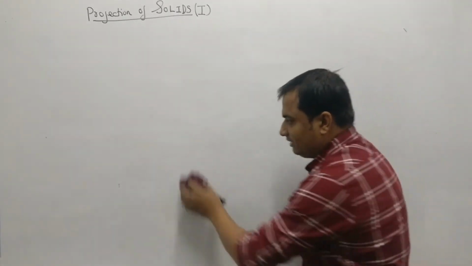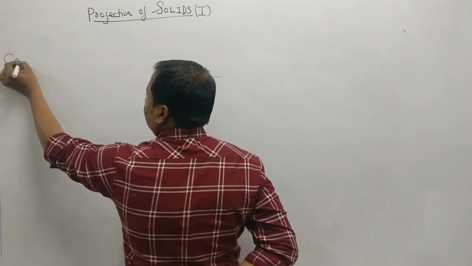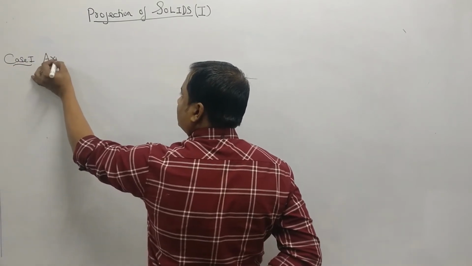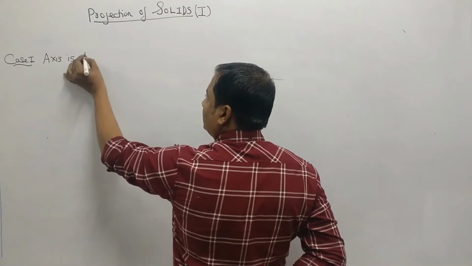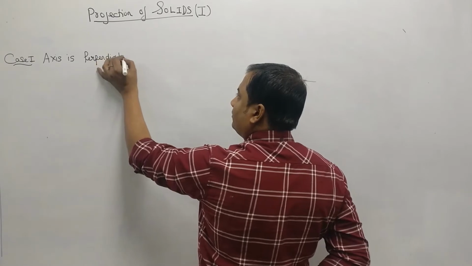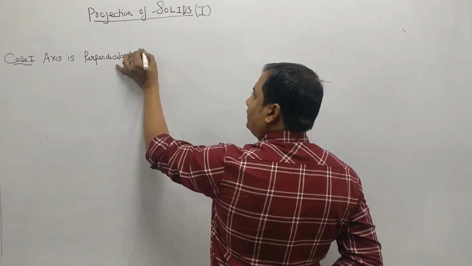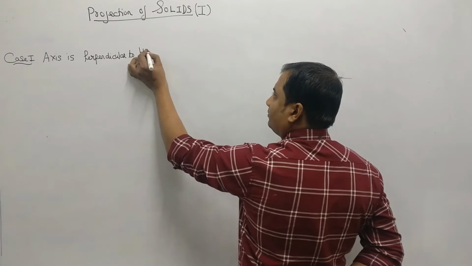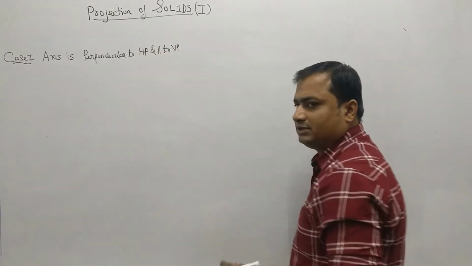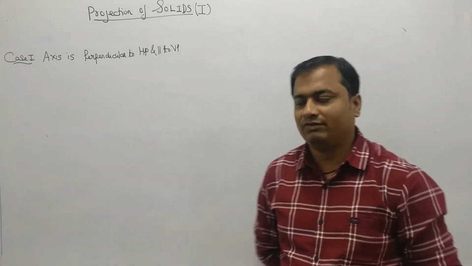Okay. So starting with the first case of the solid. Case first: now the axis is perpendicular to HP and parallel to VP. So this is the first case, the simple case of the solid when the axis is